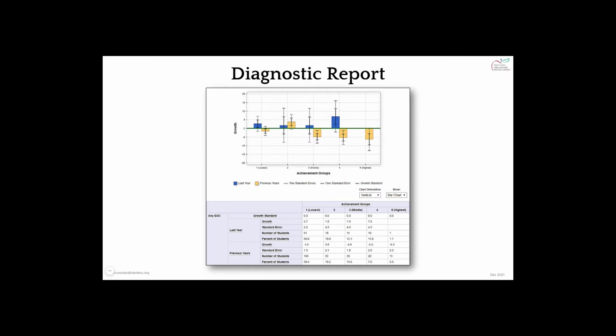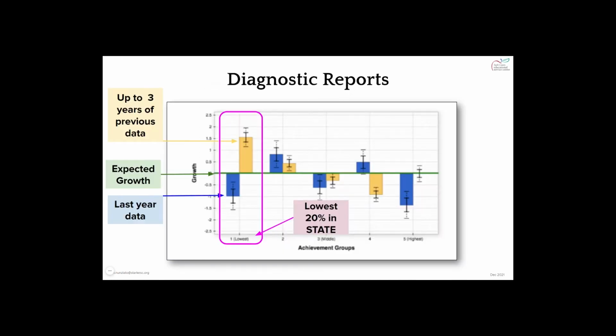As you notice, there are 5 sets of groups. The lowest is number 1 up to 5, the highest. These are called quintiles, and a quintile report shows up for a school or district diagnostic. When we look at the quintiles, the lowest quintile represents the lowest 20% in the state of Ohio. That means over a 2-year average, the students that fall into this group is the lowest 20% in the state